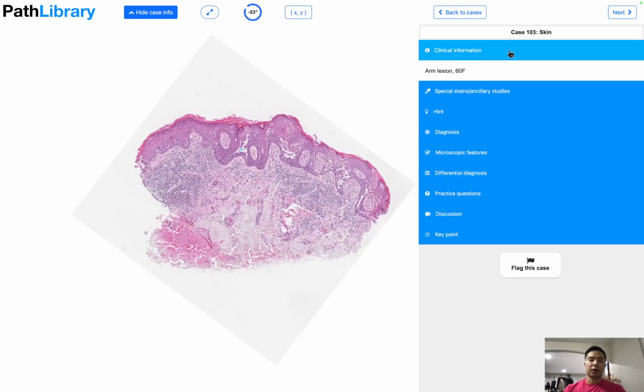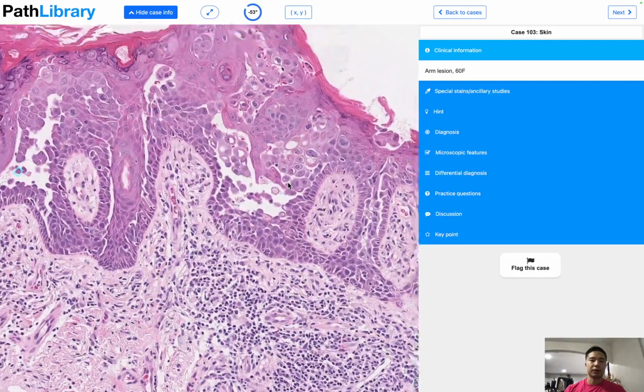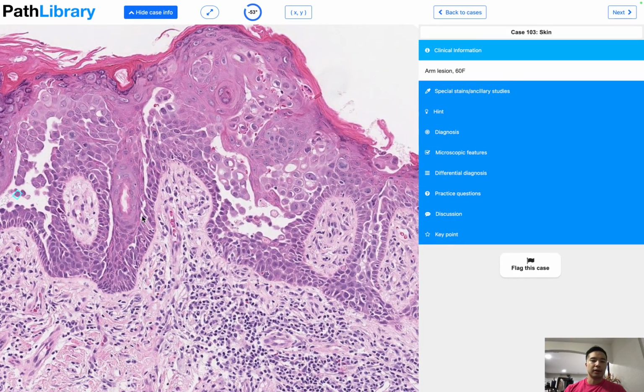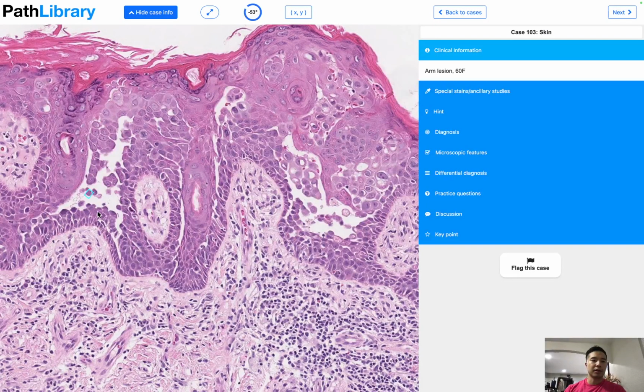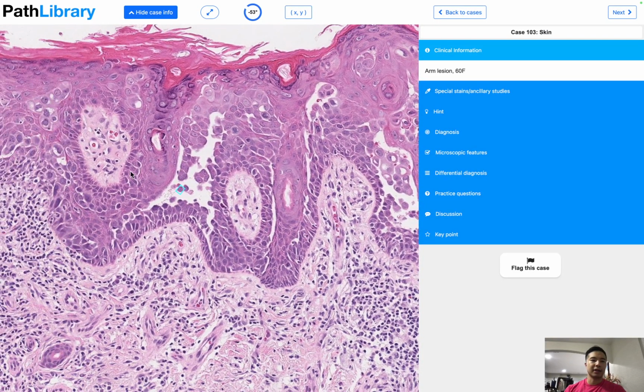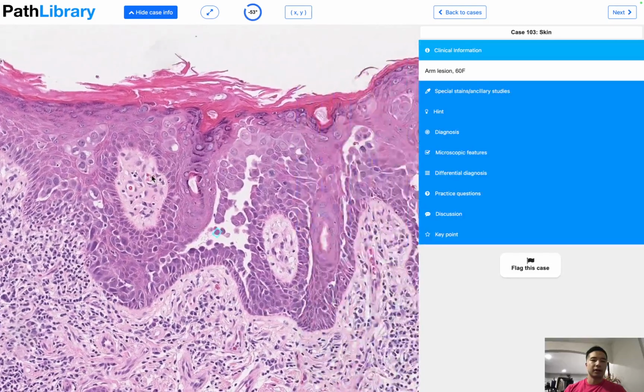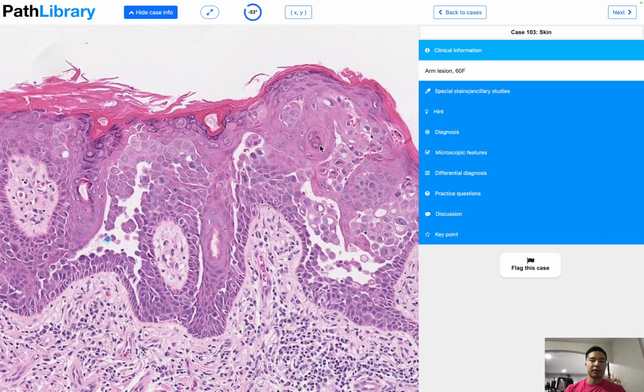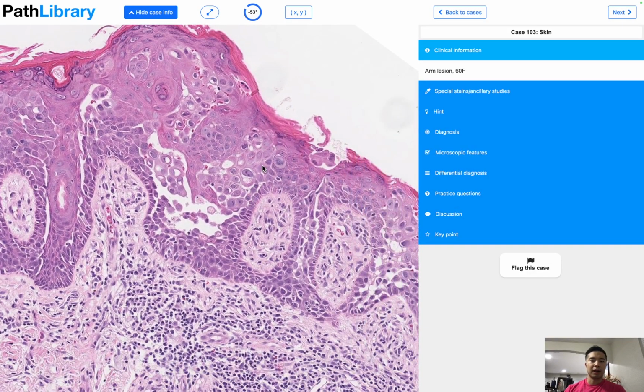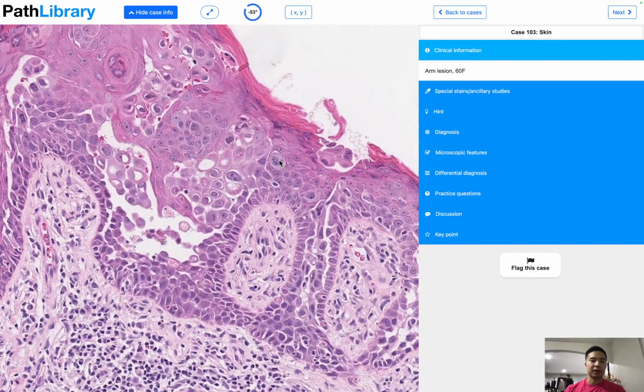So this is an arm lesion in a 60-year-old female. From low power, I see some acantholysis, right? The epidermis is separating. Now let's delve closer. It's generally a suprabasilar intraepithelial acantholysis. However, there is some atypia, with the presence of squamous pearls, as well as mitotic figures here,